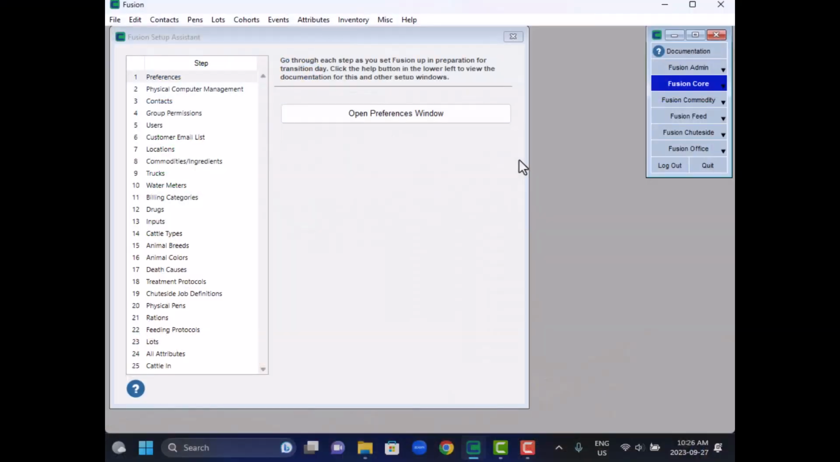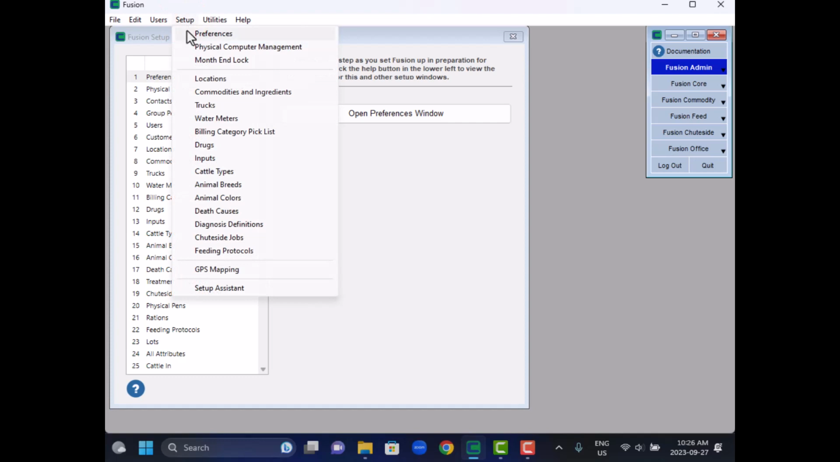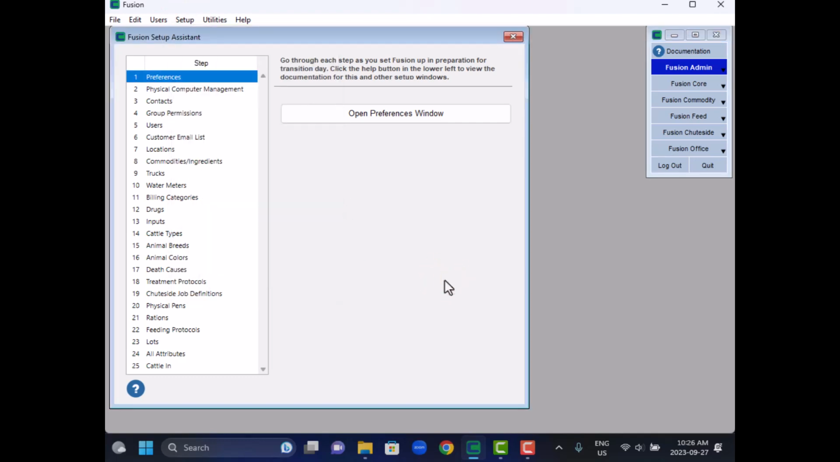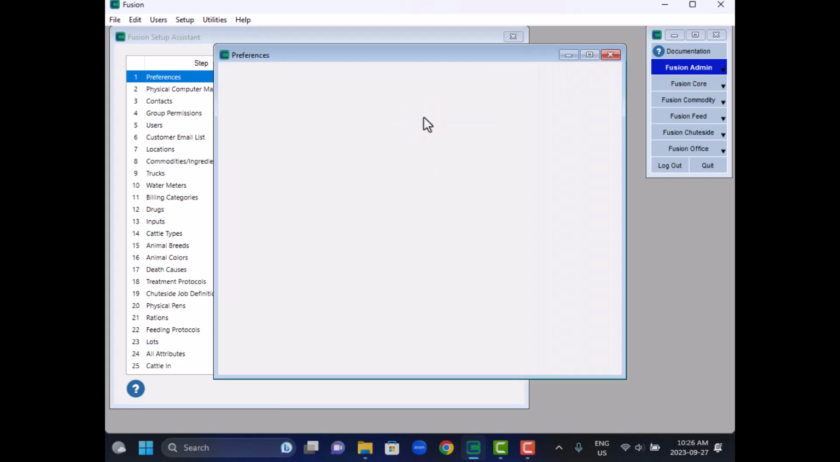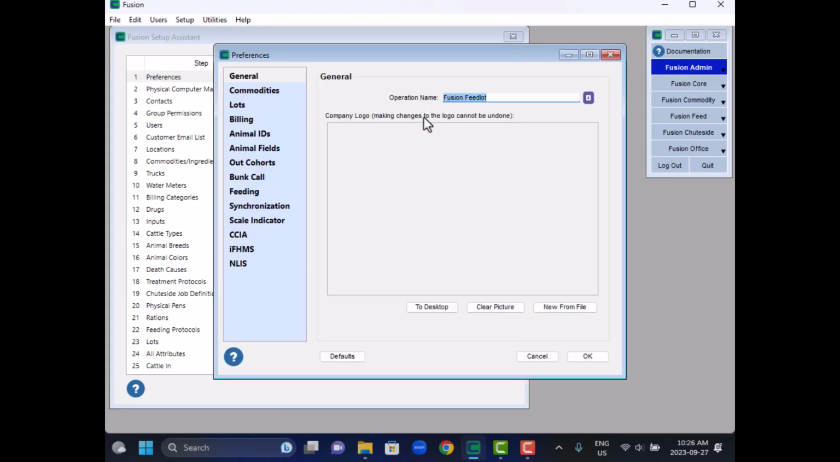Let's take a look at how you can customize Fusion for your yard's needs. You can open the Preferences window by ensuring you're in the Fusion admin menu bar and selecting Preferences from the Setup menu. Alternatively, you can access it through the Fusion Setup Assistant. Keep in mind that these preferences have a global scope, affecting all users and locations, including feed trucks and chute-side